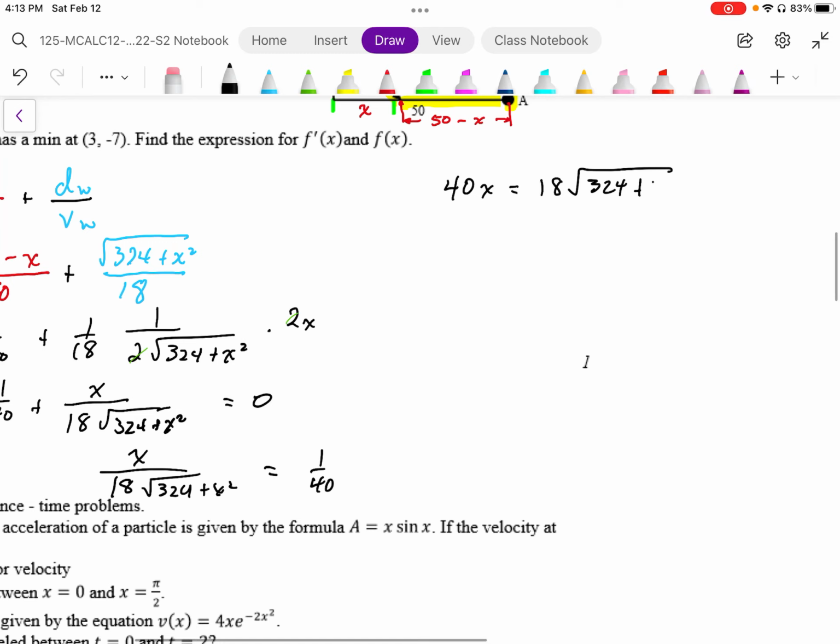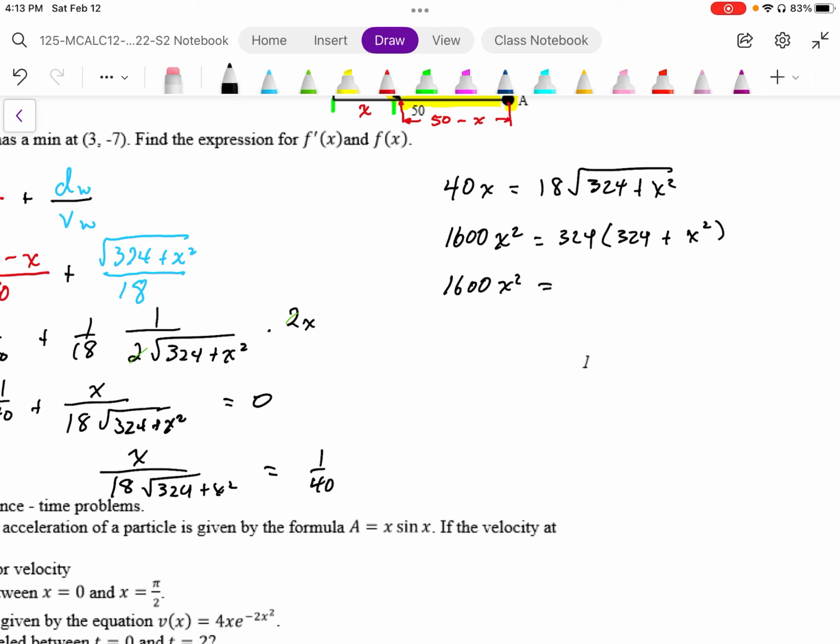Solving this, I end up with 1600 x squared is equal to 324 times 324 plus x squared, and we're going to end up with 324 x squared. So expanding this out,